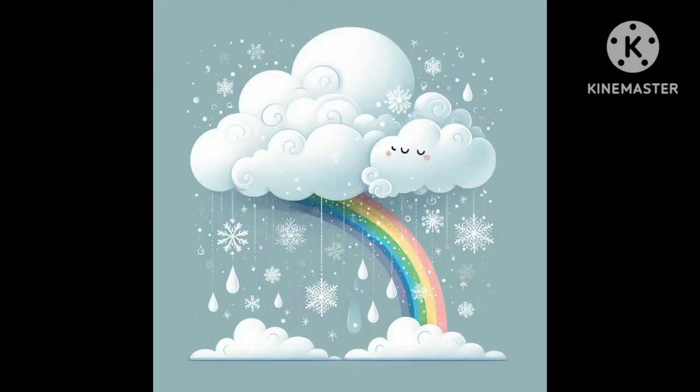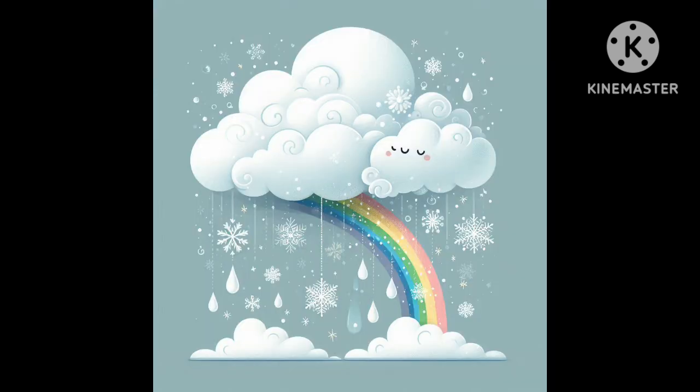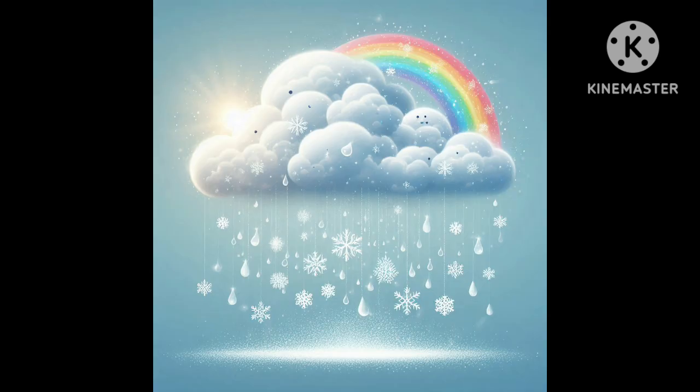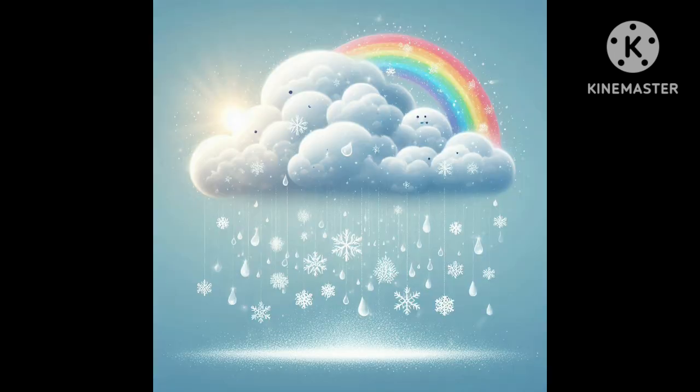Collection. After the water falls back to earth as rain or snow, where does it go? This is the final part of our water cycle journey, called collection. When the rain reaches the ground, it flows into rivers, lakes, oceans, or even sinks into the soil, becoming part of underground water. Some of it gets soaked up by plants and trees, helping them grow big and strong. The rest of the water collects in oceans, rivers, and streams, waiting for the sun to heat it up again